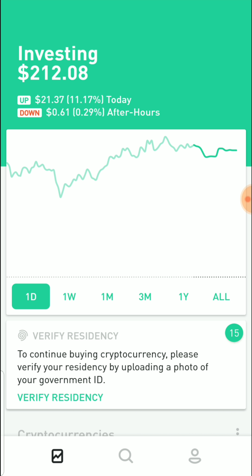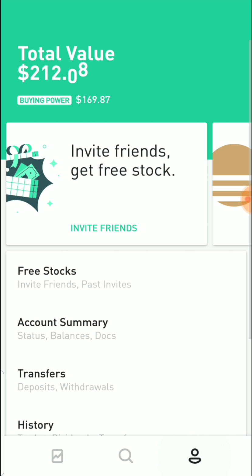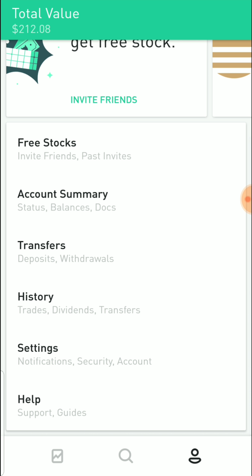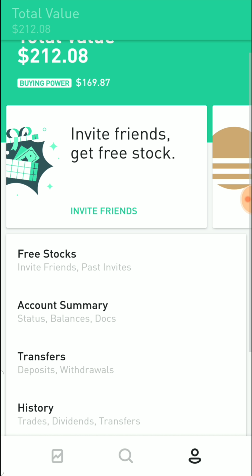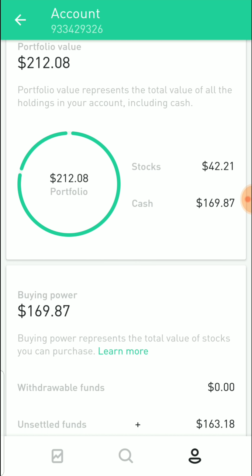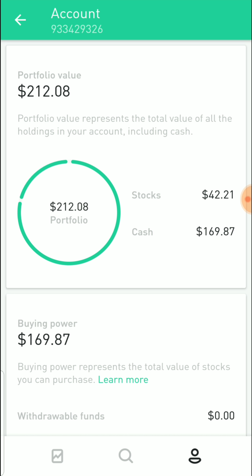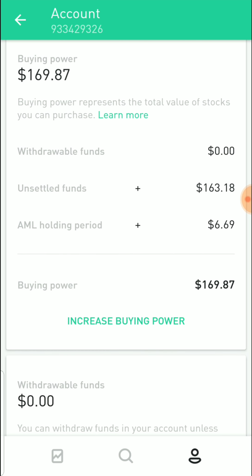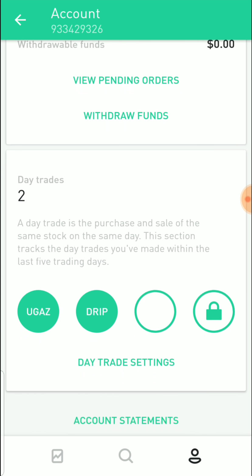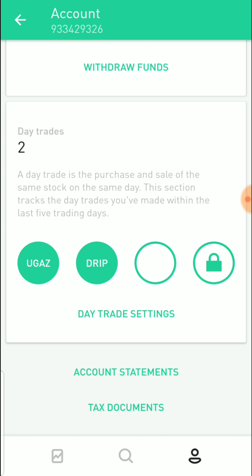How you're going to get unlimited day trades is you go to this little guy icon, or female icon, whatever, right here in the right corner, and you scroll down a little bit and you can go to the account summary. Click the account summary, and here you're going to see all facts about your account, like portfolio value, buying power, withdrawable funds, everything like that, and your day trades. This is the important part that we want to see: you want to click on this day trade settings